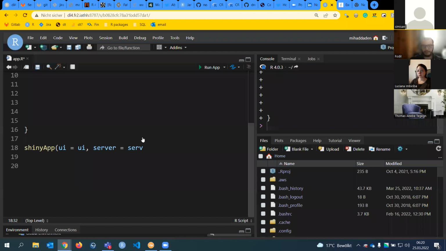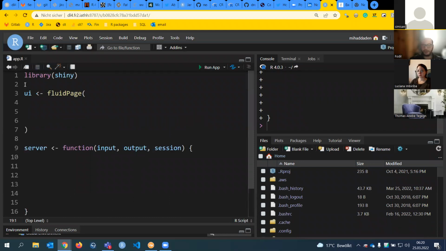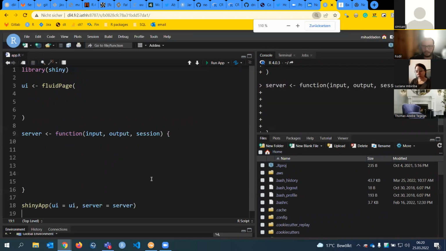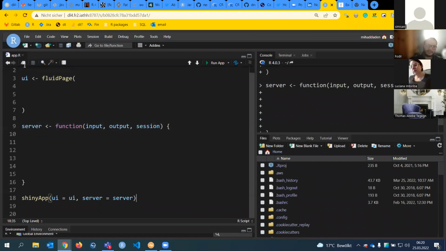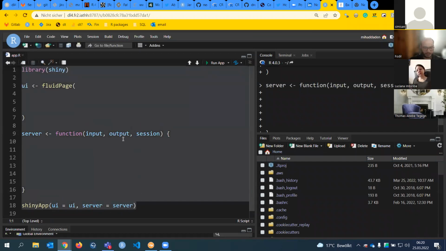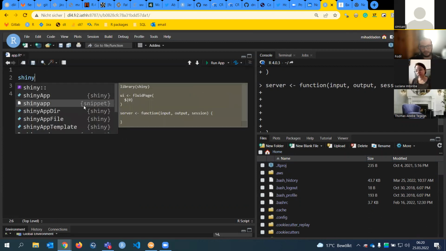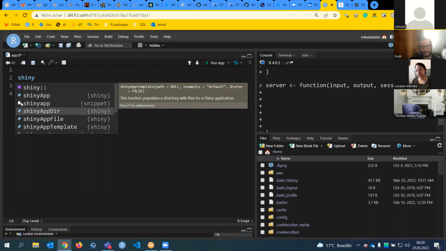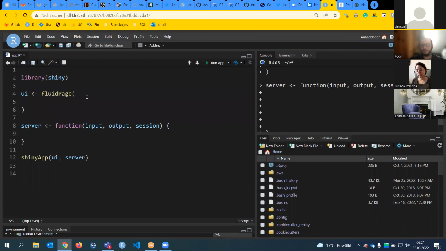So I will do it again, save, and then I have run app. Of course, don't worry, you won't write this manually. In the latest versions of RStudio there is what we call a snippet. You can just type shiny here, and you have a snippet, the white icon which is written snippet. If I click on it, I will have a template ready for me. It's available on recent versions of RStudio, and you can use it.